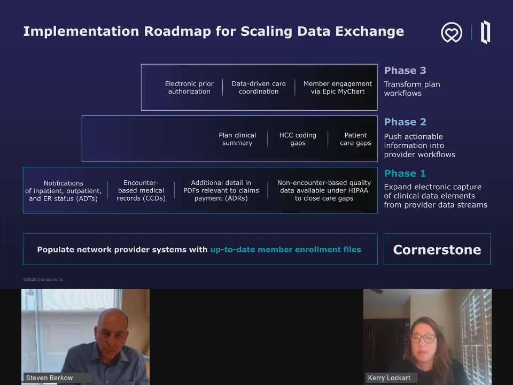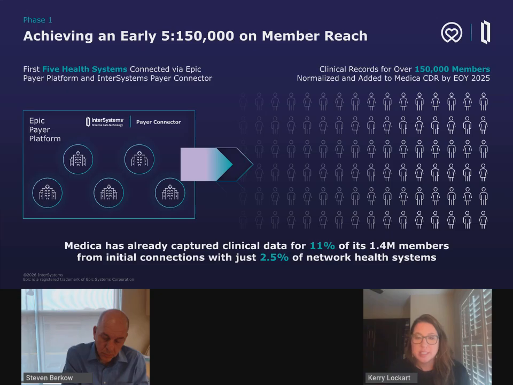One of the really cool pieces that we talked about with Medica's visionary, which hits my nursing heart, is this idea that we've now built this data asset that's driving all this information and knowledge to our internal teams. We're starting to bidirectionally share it with the providers and get them insights. Wouldn't it be great if we can start to pull the member into this and really start to bring those same insights and knowledge to them? And so Medica has on their vision to really start to find a one-stop shop for members, where a member can come into a portal, see their provider information, see their plan information, and have this very holistic view. So that's one of my favorites on this sort of phased approach.